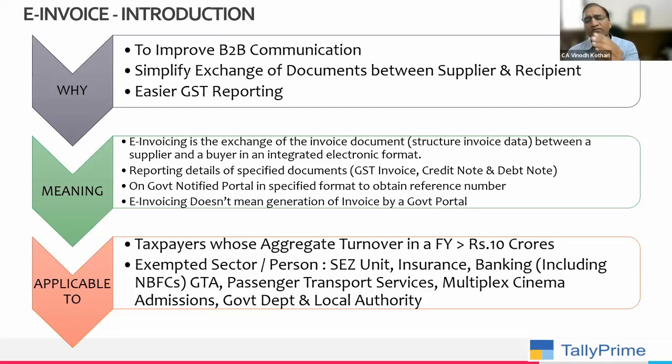Except for the B2C, which you have to put the values manually. Your 3B data is pre-filled. How? Because of this e-invoice, e-way bill, and the GSTR1. And it takes the input tax value from the 2B also. So now everything is pre-filled. What is your work? Your work is to check whether the data is correct or not. To minimize the time, to minimize the errors, you have to ensure that your accounting data is maintained correctly.